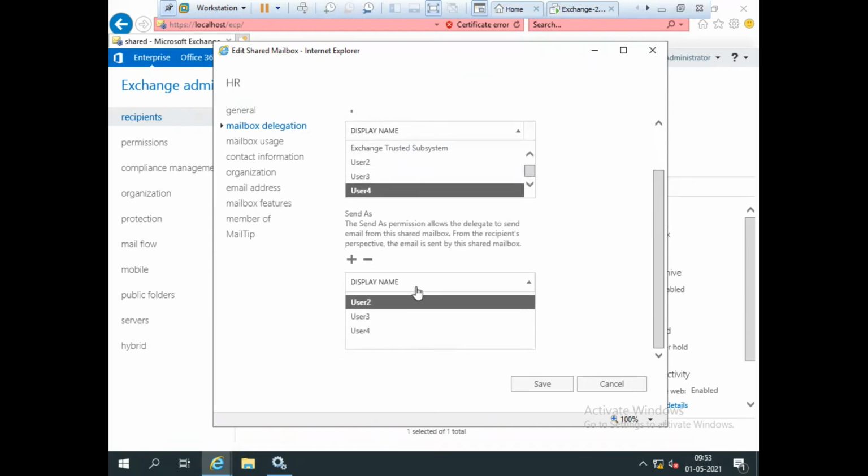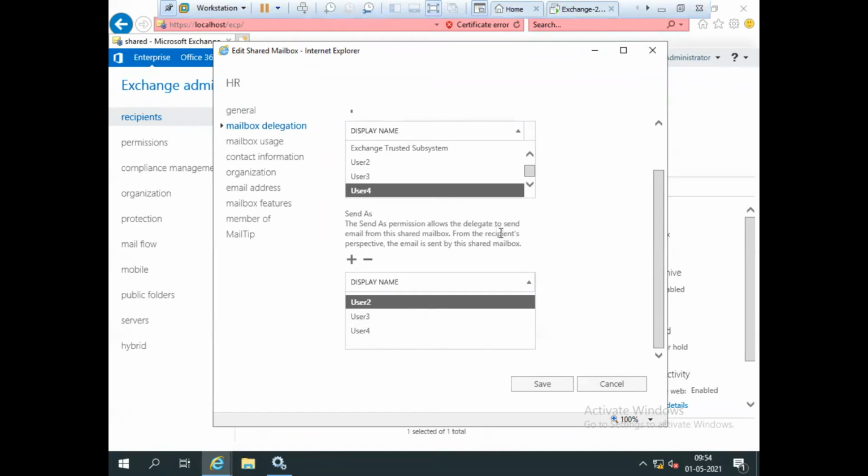Also, all the users automatically have the send as permission. So in a shared mailbox, these two permissions are automatically applied when you add users. But in the other mailboxes, which you already read about in the previous sessions,